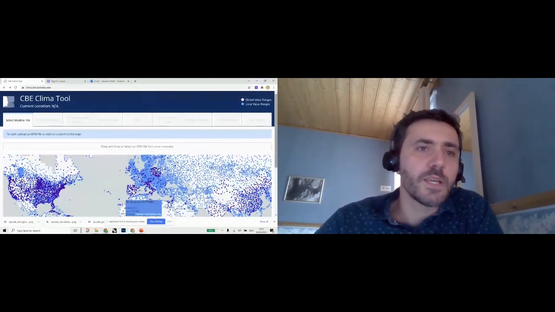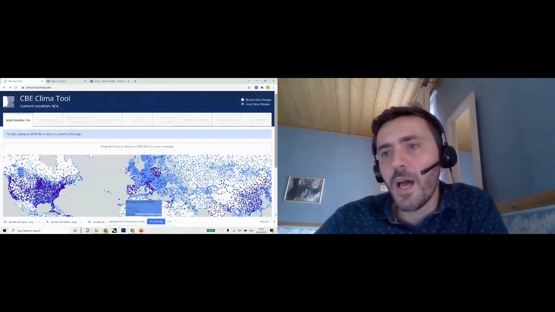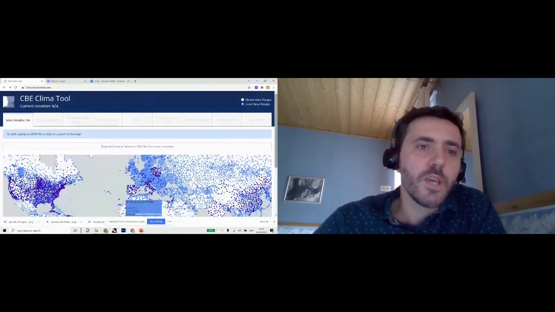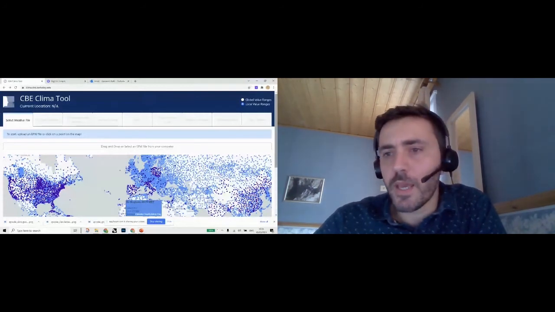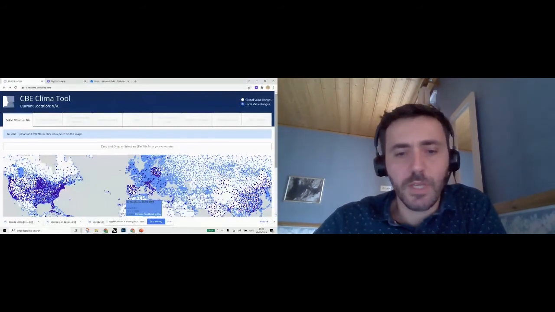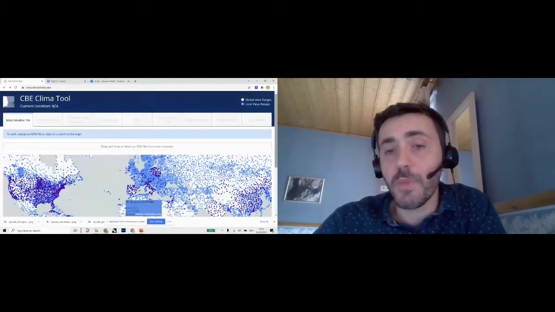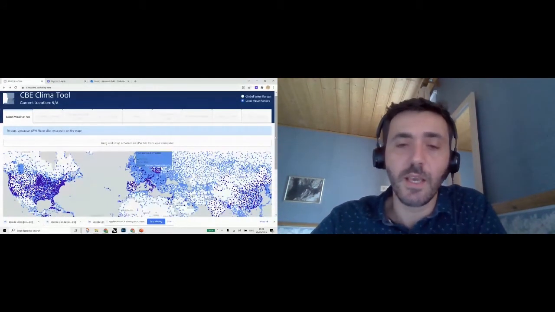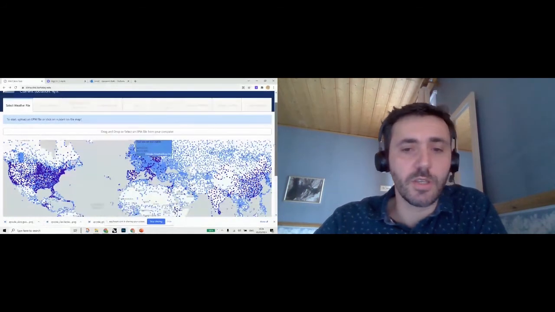So yeah, the address is clima.cbe.berkeley.edu, and when you launch the site, you're simply welcomed by a map. You have an option to drag and drop to select any EPW file that you might have on your computer if you have a file that you want to analyze that is not in this